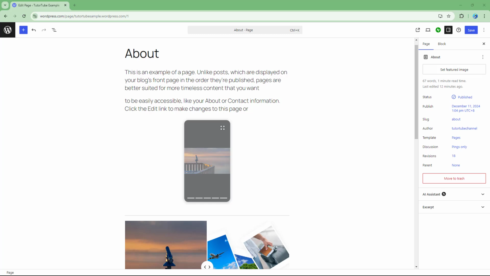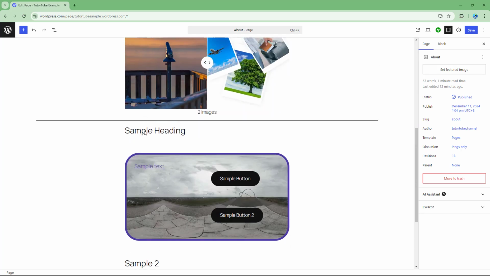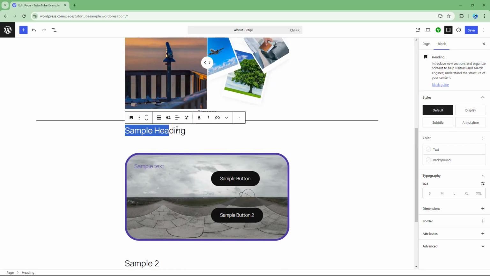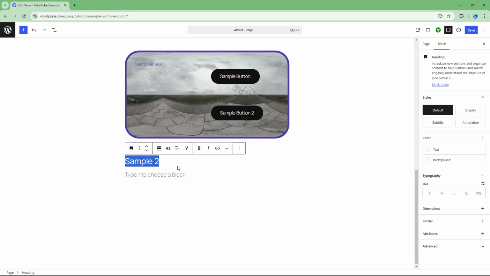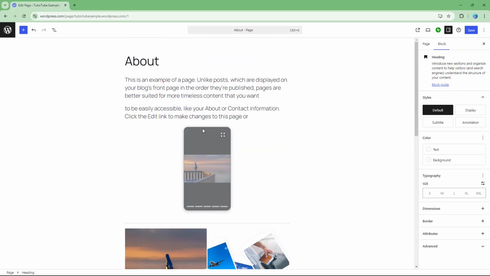So now let's see how we can work around with the table of contents block inside of wordpress.com. Over here you can see that I got two heading blocks. I got the sample heading block and sample2 heading block right here. So let's say I want to add in a table of contents that links to the particular headings that I